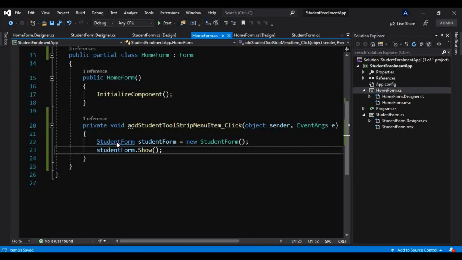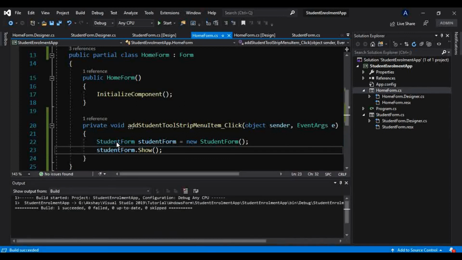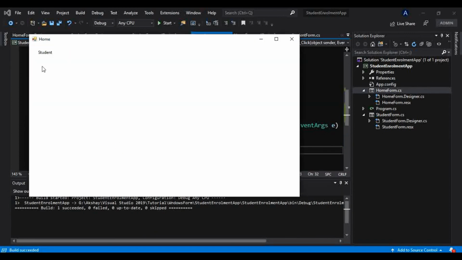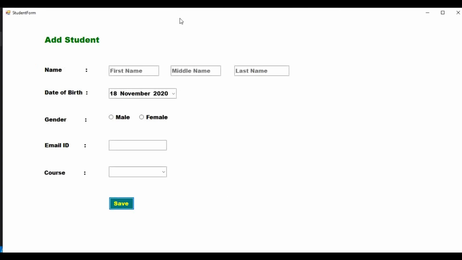Now let me run this again. If I go into the student menu and click on add student, we should see this form here. This is how we get redirected to these forms from the menu strips.